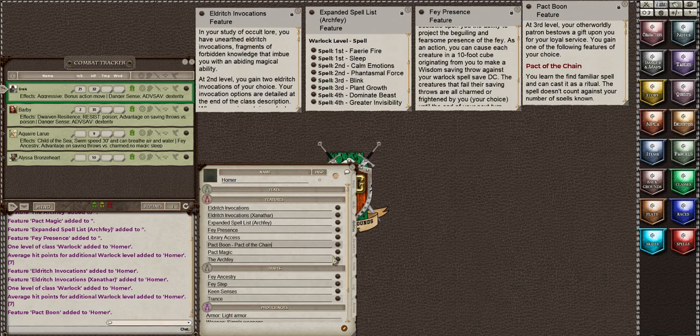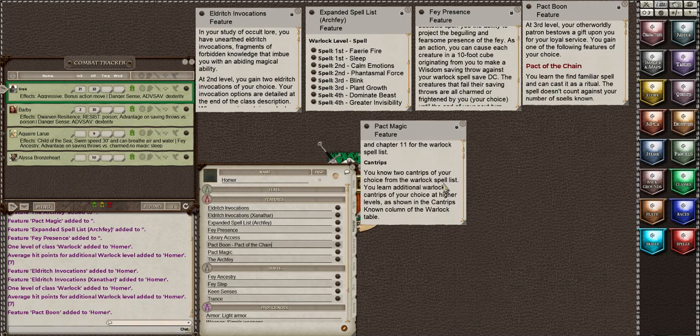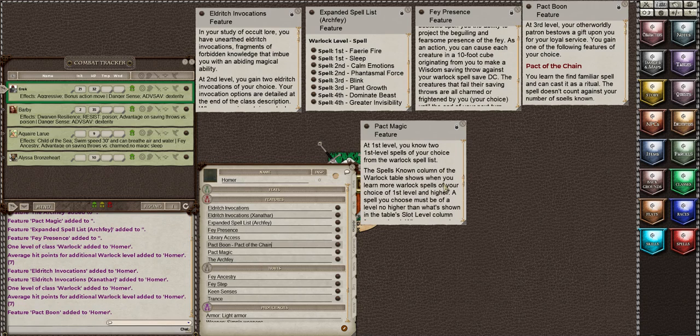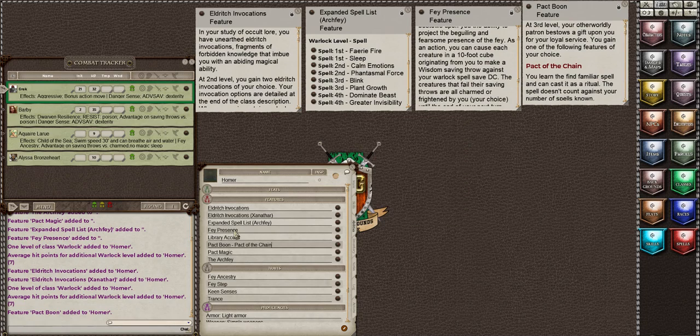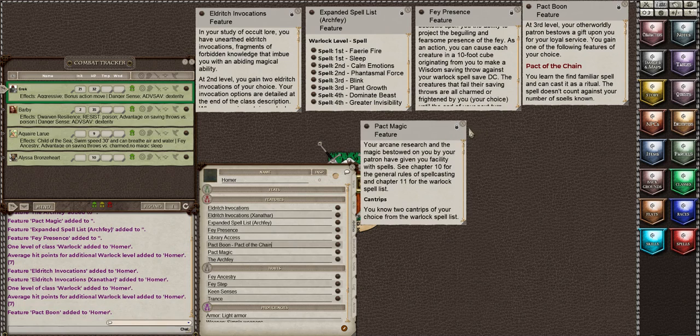And for Pact Magic, it talks about you start with 2 cantrips. At first level, you get 2 first level spells. Okay. Don't think I need to keep this open, but I do need to look at my, wait, was that what I just closed? I think it was. Okay, I need to open the class